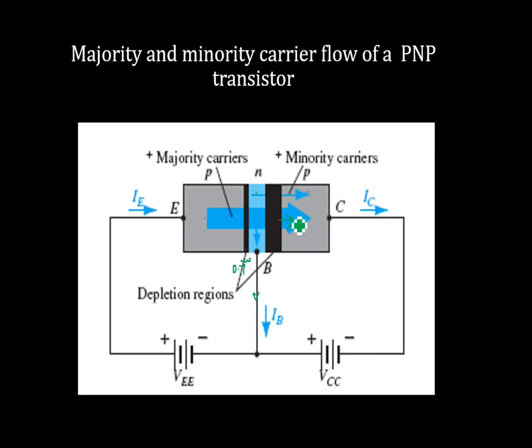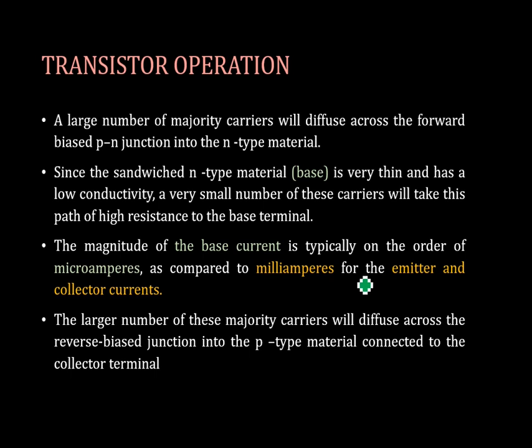Okay, and this will flow out as the collector current, but the collector current will have two components: the conduction due to majority carriers which are emitted from the emitter through the base to the collector, and the minority carriers, the reverse saturation current because of this reverse bias. So keep that in mind, that the collector current has two components. That is what is written here.